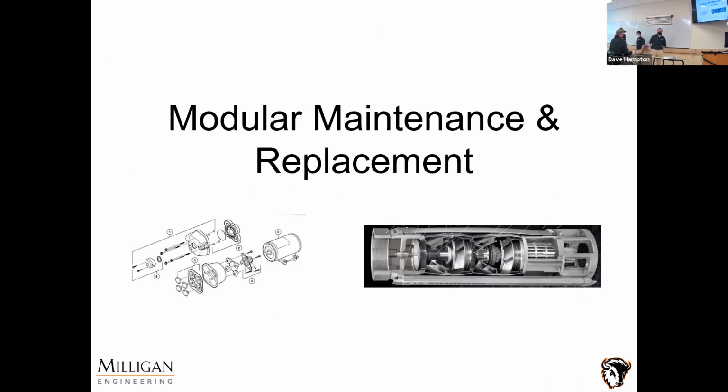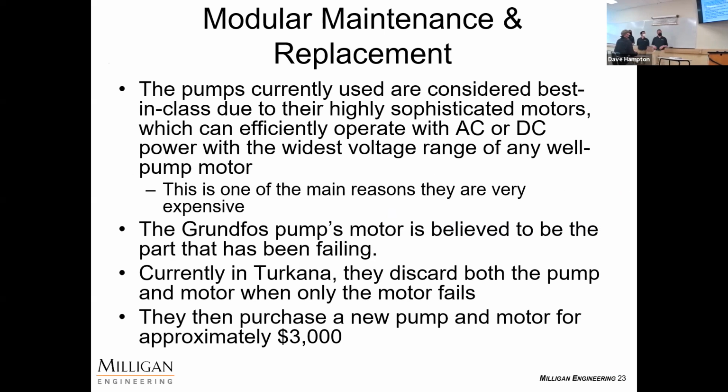So as Ty mentioned, one of our main options was modular maintenance and replacement. The current pump that's being used is fantastic, mainly due to its motor capabilities. It can operate pretty much any power that you can give to it, both AC and DC. However, this is contributing to the large cost of around $3,000. And the people of Turkana have told us that the motor itself and not the pump is the primary thing that's failing. So what they currently do is just throw out both the motor and the pump and purchase a whole new pump and motor for $3,000